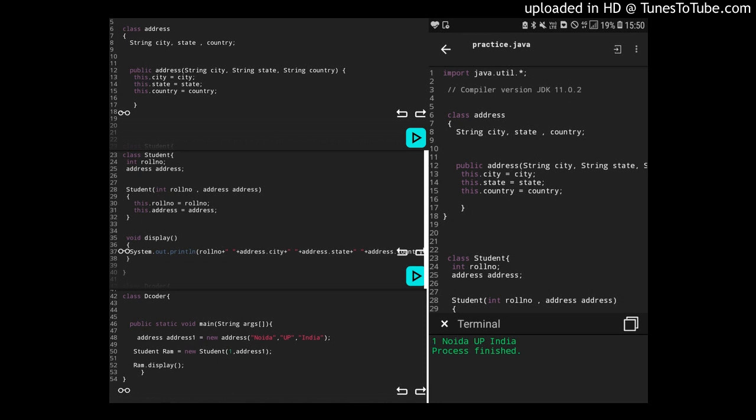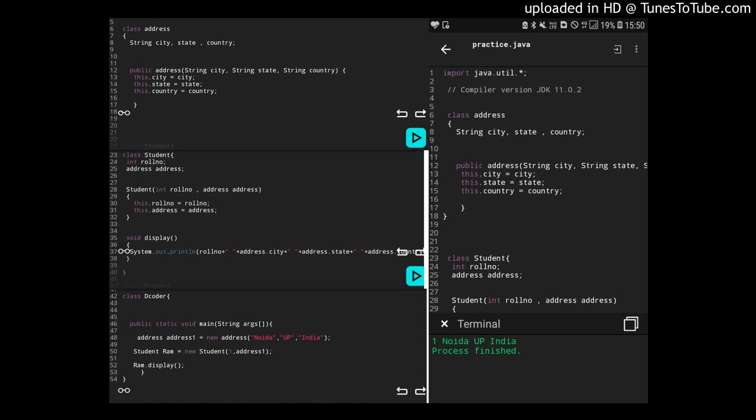So say for example, we have a class called student. It has one instance variable, that is int roll number.